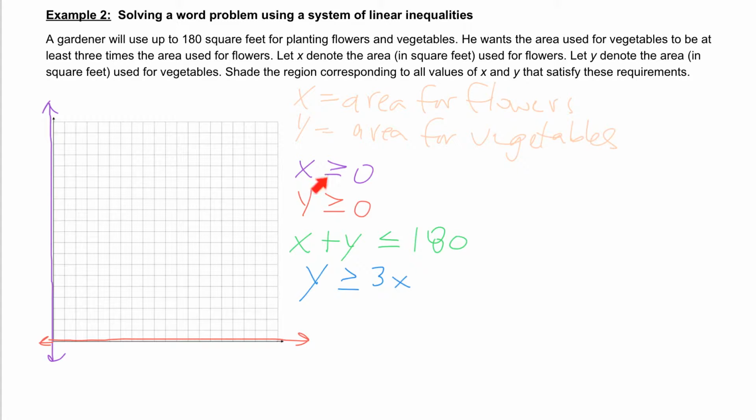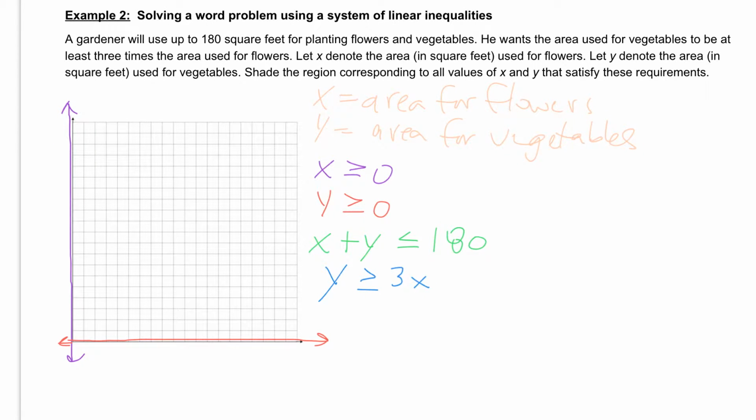And when we're talking about the inequalities, x greater than or equal to 0 means we're looking at this whole area to the right of that line, and y greater than or equal to 0 means we're looking up, all that area. So basically these two lines that we've graphed have said our shading must happen somewhere in that first quadrant. Then we're going to graph x plus y is less than or equal to 180. If I graph that,